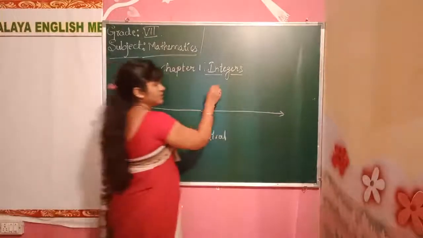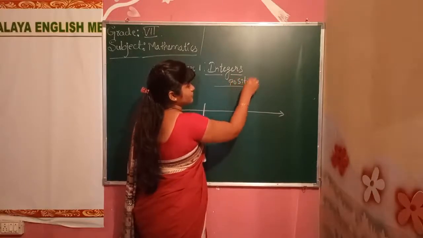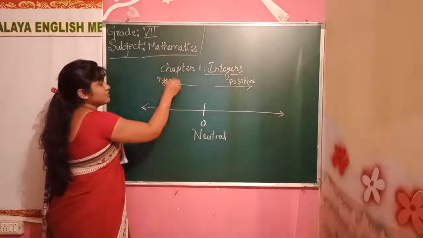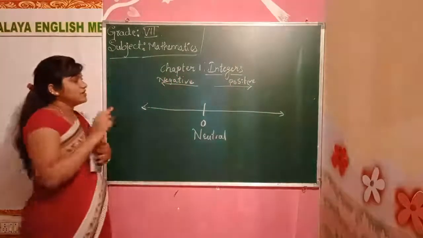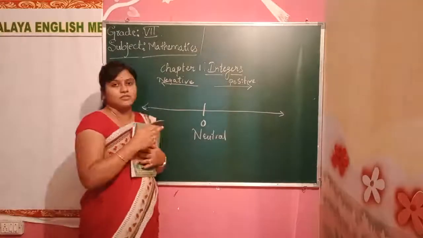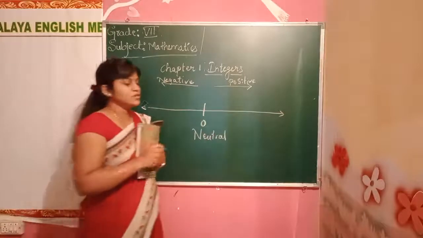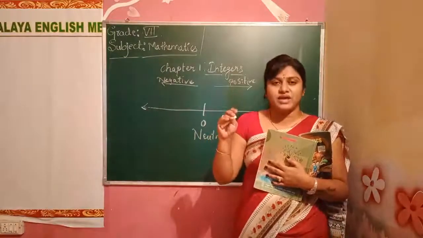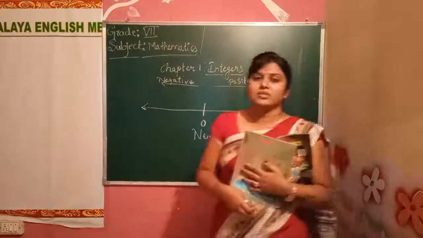And this side will be the positive sign, and this side will be negative. We explained all these things. After seeing the positive and negative numbers, I told you the distance between each digit. How much will the distance be, children? 5 unit distance from one number to another number.